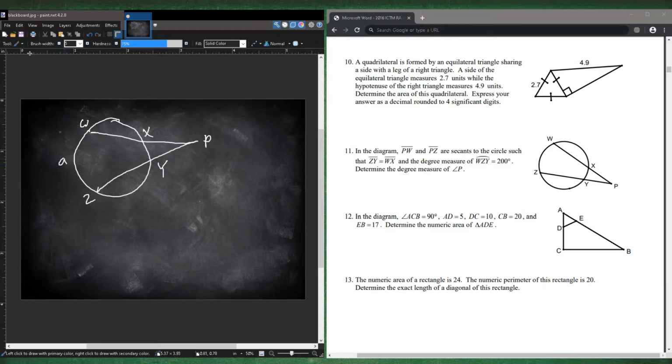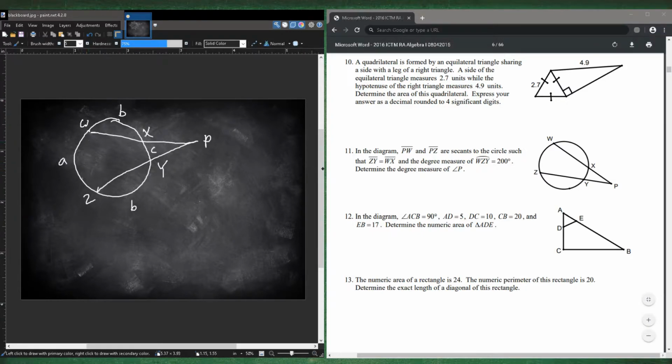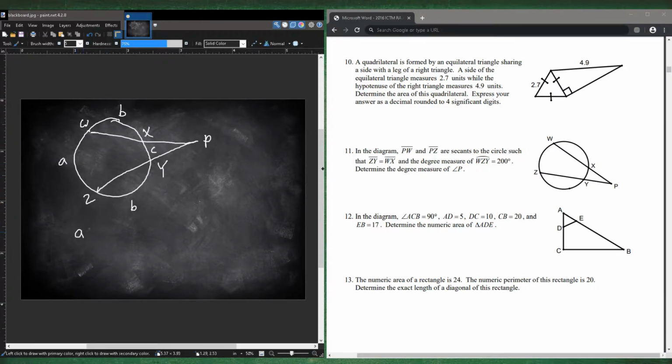So let's call this A, and let's call this B, right? So ZY is B. And they told us that ZY and WX are equal to each other. So this angle is also B, right? And let's call this angle C, okay? So we know this entire circle is 360 because that's just a circle. So if WZY is equal to 200, so A plus B is 200,